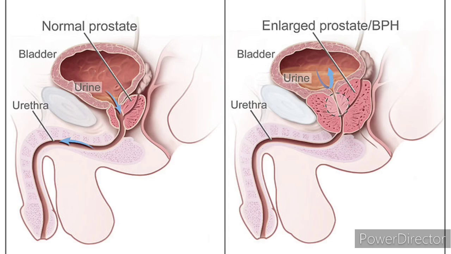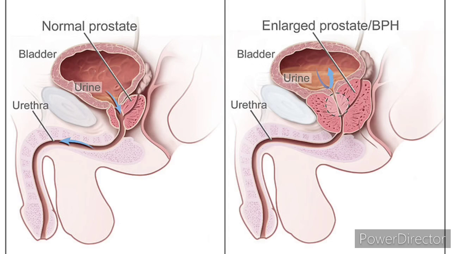But what are some of these signs and symptoms? What are some of the signs and symptoms of benign prostate hypertrophy? Difficulty starting to pass urine. People struggle for the urine to come out. They do struggle because the lumen of the urethra is squeezed, it has become small.